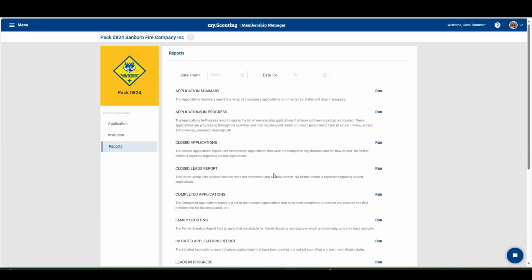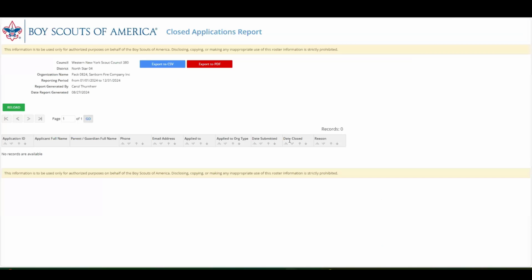Anybody else on this area? Good. Okay, so now you can go into the reports, and this is pretty self-explanatory as far as what each report pulls. You can see that it will do a recap of any in-progress ones, any ones that are closed. So if we were to run that one, it will pull up this. There's obviously nothing there right now because of the date timeline. This is January, or it's just this year. We don't have anything on there. Let me go back and get